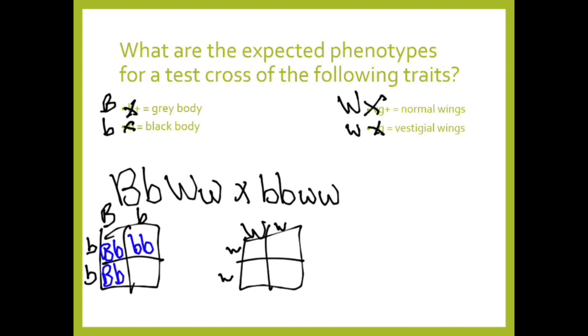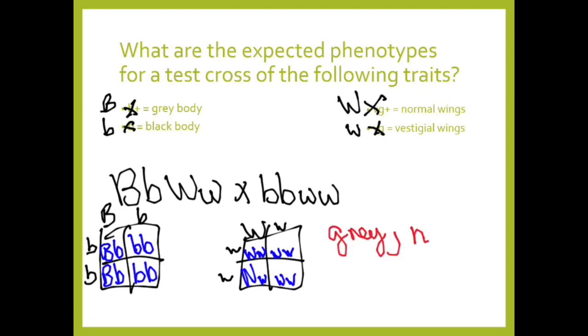If you want to pause this and fill in the Punnett square for some practice by yourself, go ahead, by all means. These are supposed to be little w's. That's a big, that's a little. Here's too little. So anyway, here's our Punnett squares. And so when I'm looking at this, if I'm looking at the expected phenotypes, I have